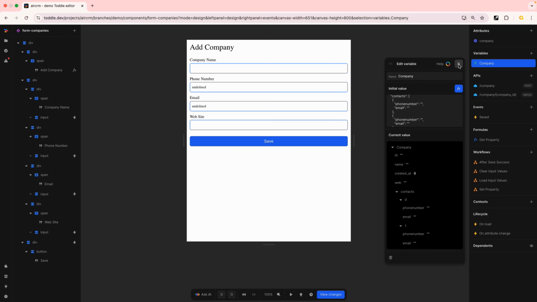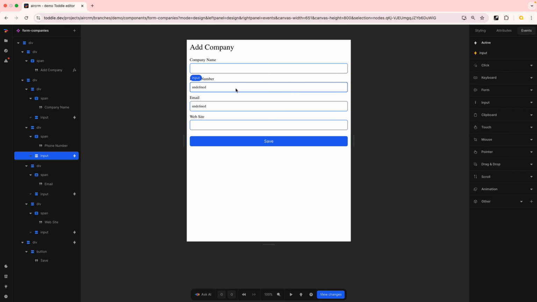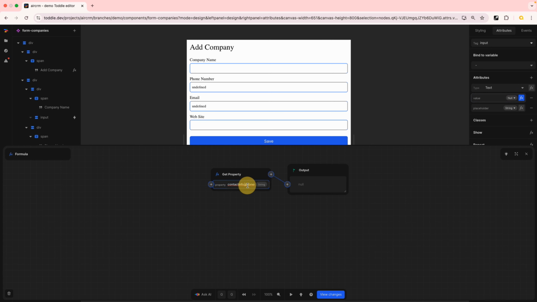Okay, so all that we really need to do with that, if we come to our phone number one here, notice it's got undefined because we changed the structure, is in our value, all that we need to do now is to say, well, there's no longer contact info. What we have is contacts. Okay, and contacts, the phone number won't work because we need to tell it which index, which object in that array, the contacts array, that we actually want. So I'm going to grab the first one, which is 0, okay, and then we're going to get the value,